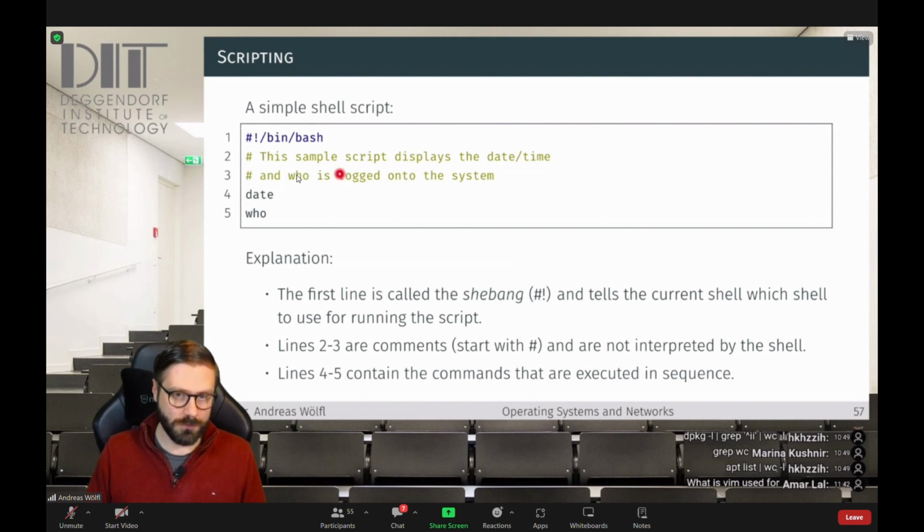This is a rule: a shell script always starts with this line, similar in each shell script. This line is called the shebang. It's always a hashtag and an exclamation mark, and then it defines the shell that should be used when executing